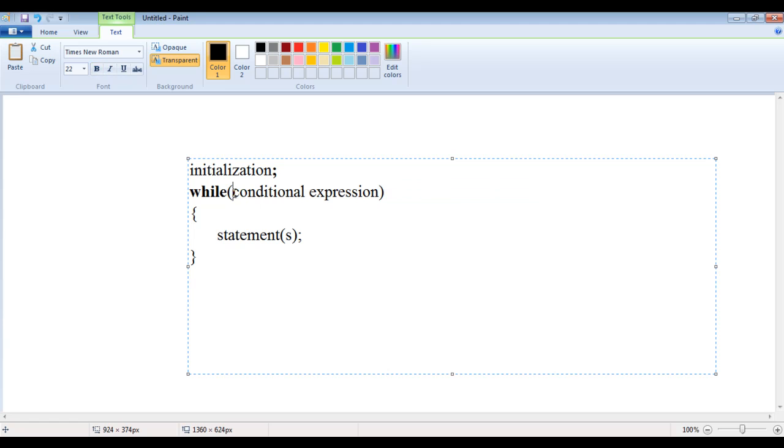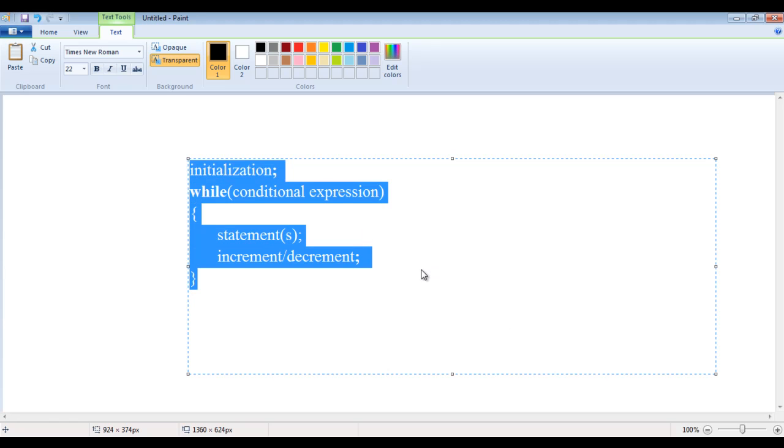In pair of parentheses we write conditional expression, and in the body we have set of statements for executing repeatedly, and here we are going to write the increment or decrement statement at the end of the loop body. So you can see that I just converted the for loop to a while loop. You can convert a while loop to a for loop, right? It's quite simple.